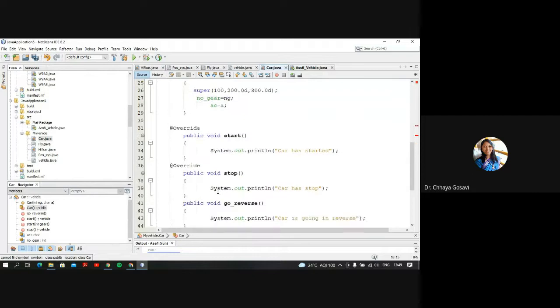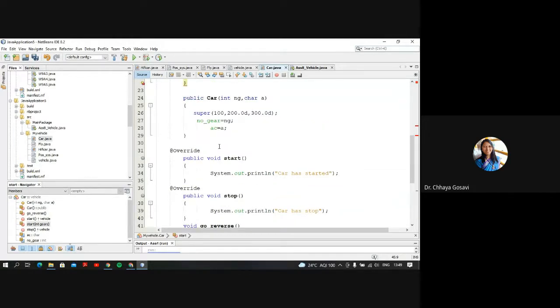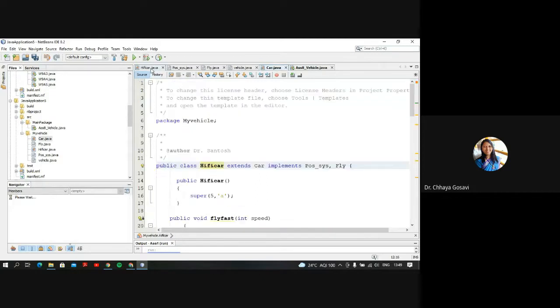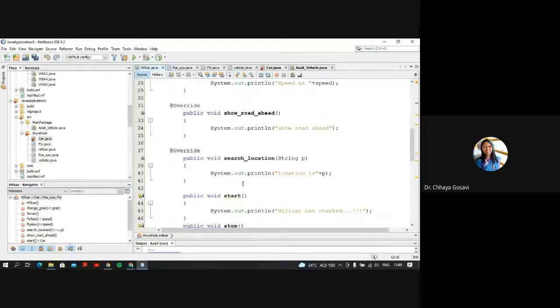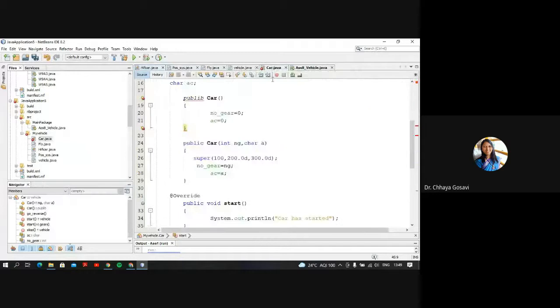Method, if it is not public, then by default it is the default access specifier, and I am importing this Car in HiFiCar, and here HiFiCar extends Car, it is in the same package, so there will be no error. But wait a minute, I have to save this. And in assignment1.vehicle, if I try to run this code,